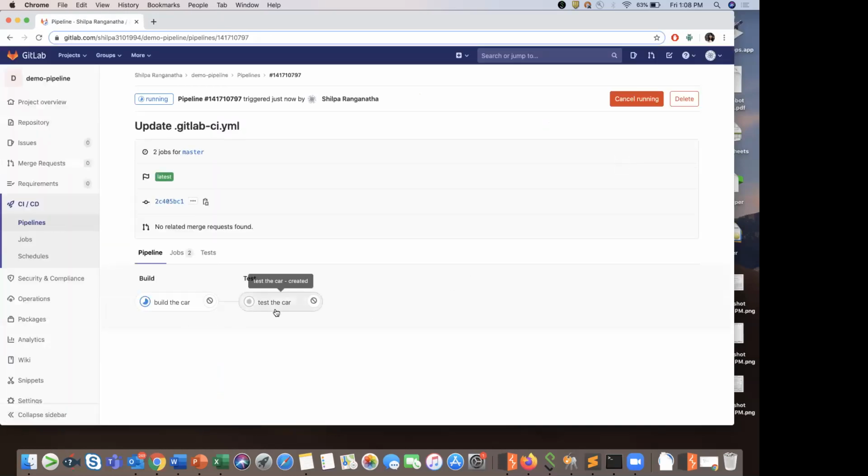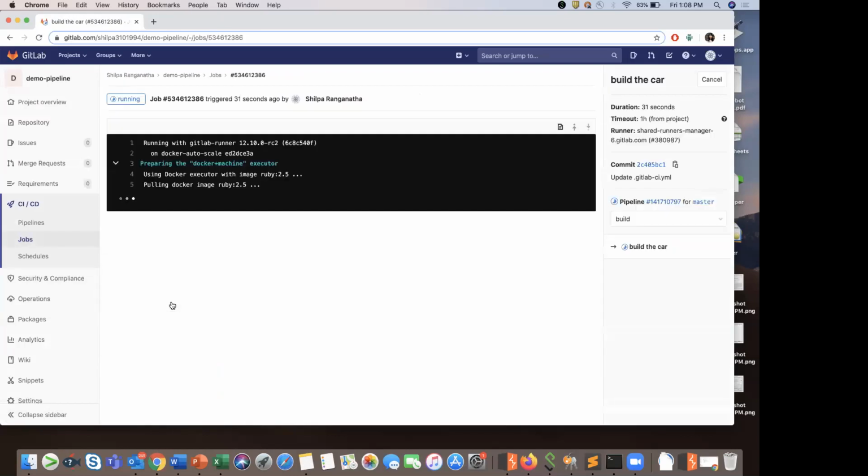Okay. So here, if you see, initially we just had a single job, right? So we've added a new job. So I have assigned the first job to the stage build and the second job to the stage test. So here, both the jobs will be executed in a serial fashion, that is one after the other. So let's see what's happening in our first job.